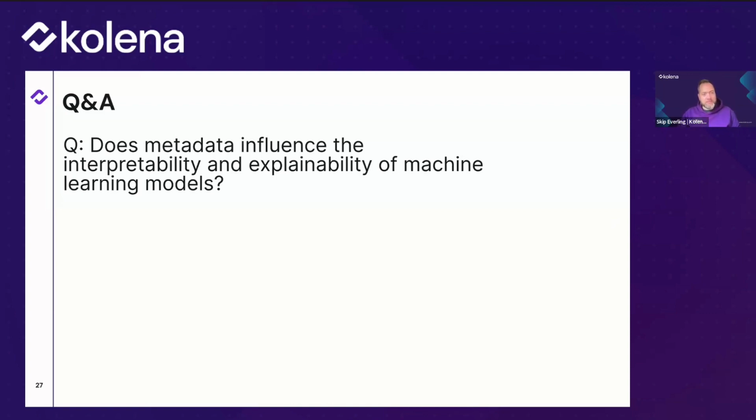No, absolutely. I think metadata is extremely relevant in this. We also know, and this is a fairly hot topic in AI research, the idea of fairness. It's becoming more and more popular, and we know that regulatory bodies like seeing fairness in models, where various different subsets are represented and incorporated as an optimization objective when you're developing your machine learning models. So it's definitely something that can heavily influence the interpretability and explainability of machine learning models.